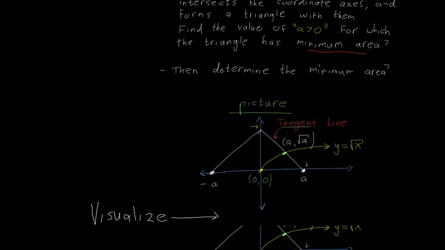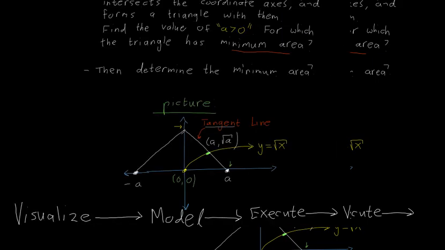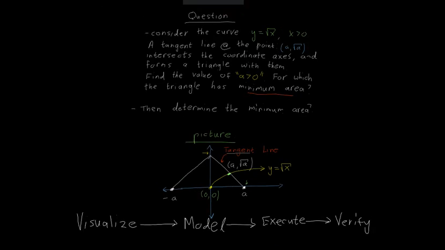Step two is you want to model. Step three, you want to execute your strategy from the model. And then step four, you want to verify. That's my technique. I call it my systems technique, for those of you who don't know. And that system